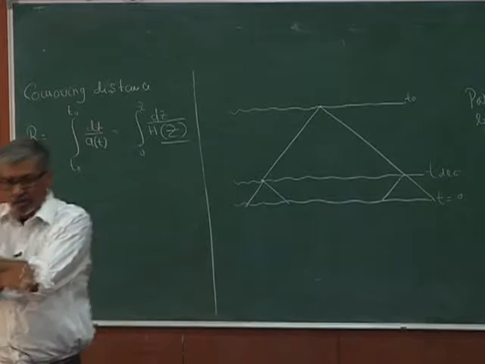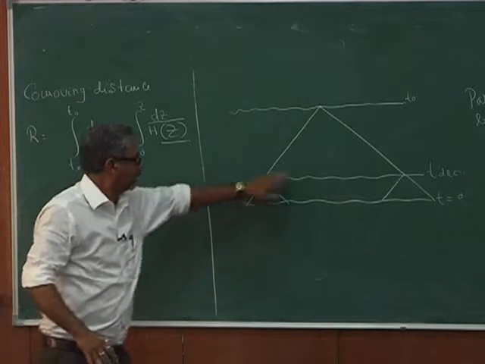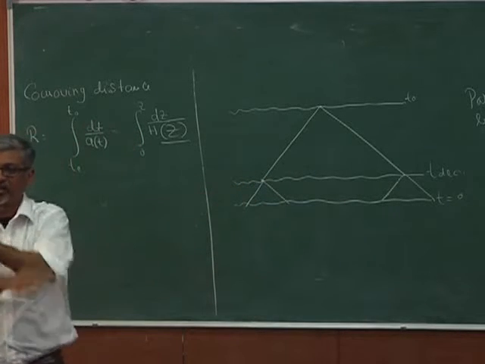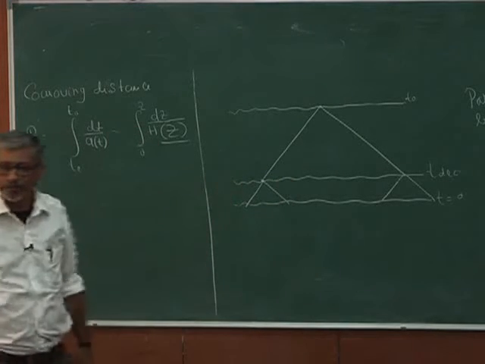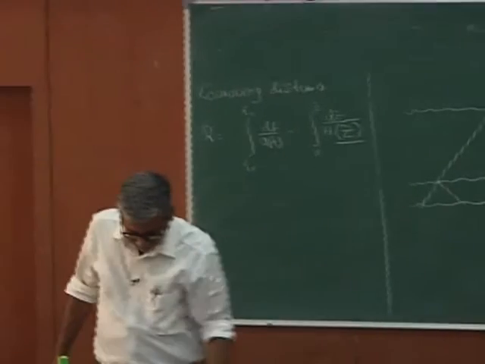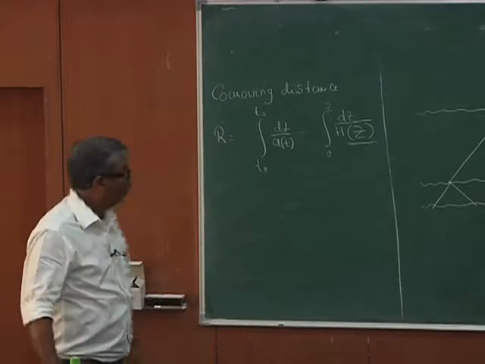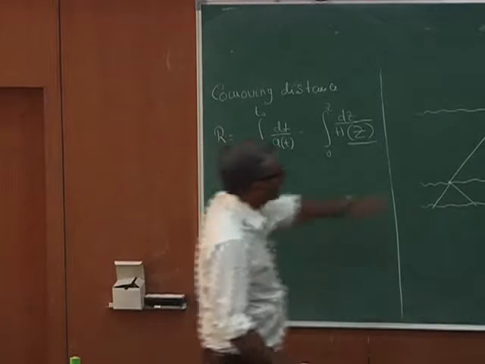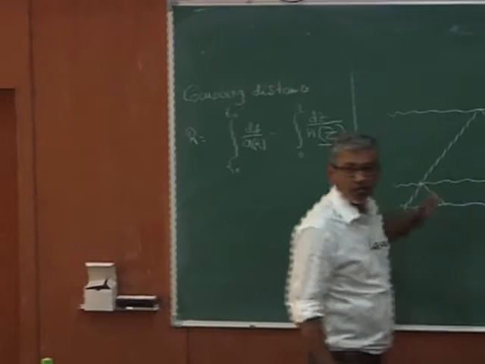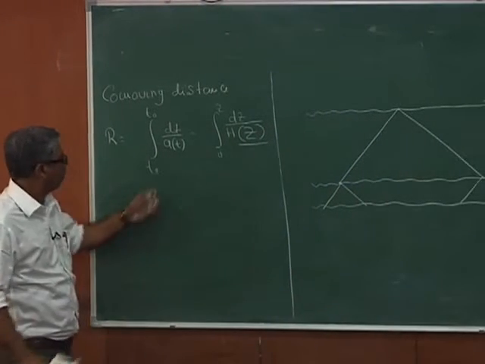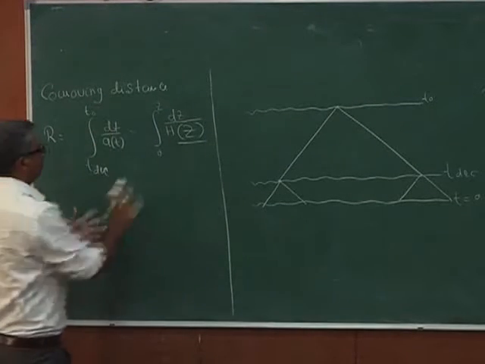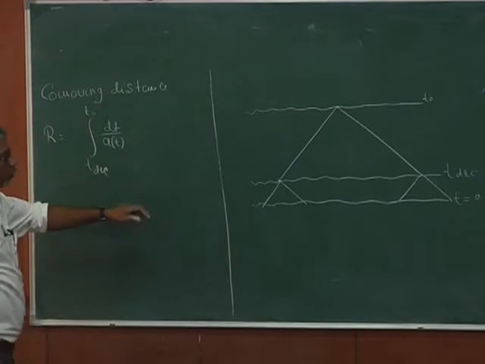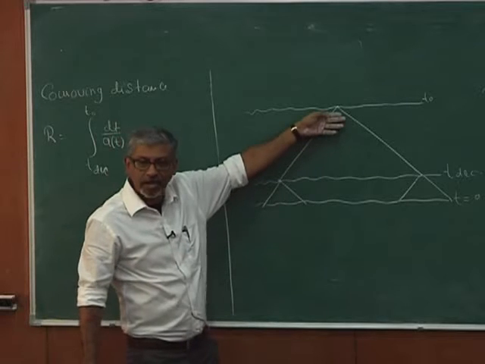If they are equal, or if this is greater than this, then these 2 points are actually in causal connection. If this is smaller than this, then they cannot be, fine. So let's calculate that. What is the comoving size from here to here? I have to calculate it, fine. So I have to integrate this from t decoupling to t naught. That is the comoving size from where we receive the light, okay.